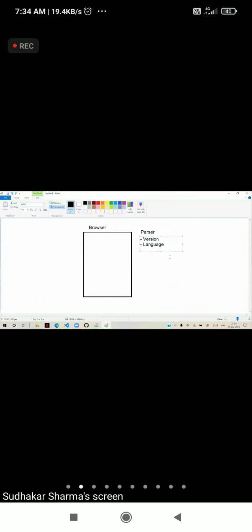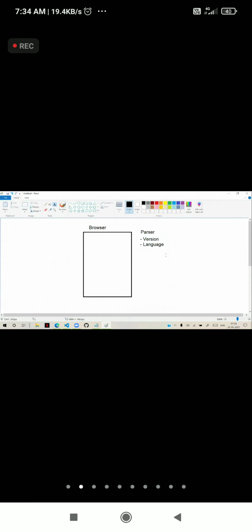Document language is required. Why? Because recently browsers have a translate technique. They can translate any foreign language, like Arabic, Chinese, Japanese, or German, into English. That is the reason you have to tell the parser which language the content is.